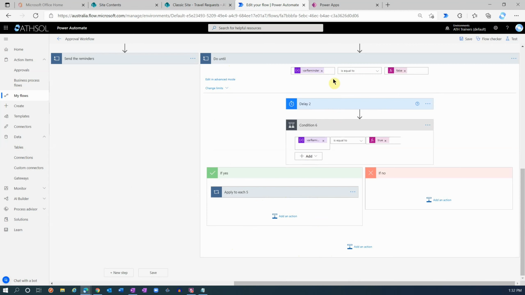But that's not what we want. We want to make sure that if the response was a reject, then we need to terminate everything. So we need to come out of this do until loop somehow, okay? And the only way that we can come out of this do until loop is that we define a condition